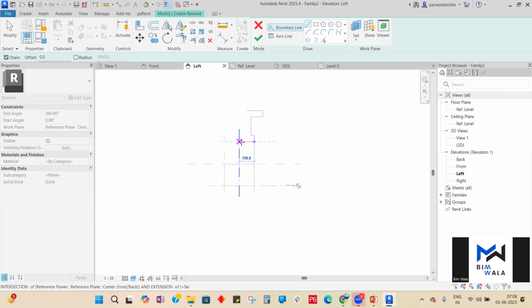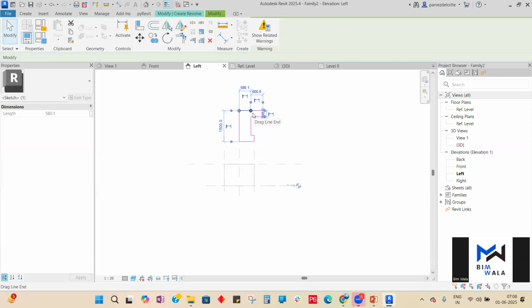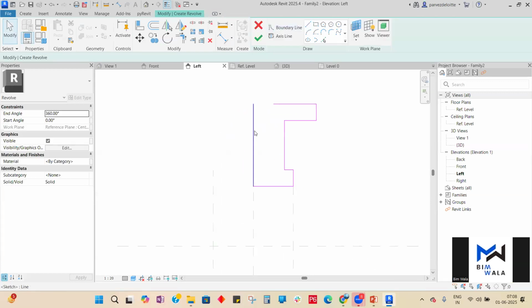Okay, like this. So basically you have created half of the geometry, right? Half of the geometry you have to create. This is the half. Now